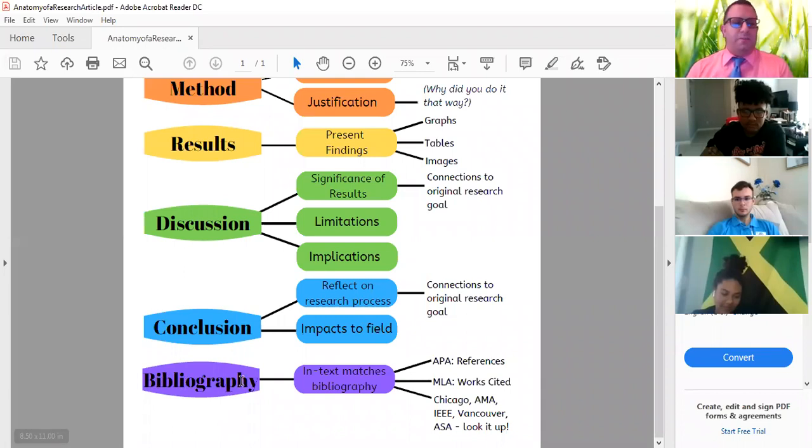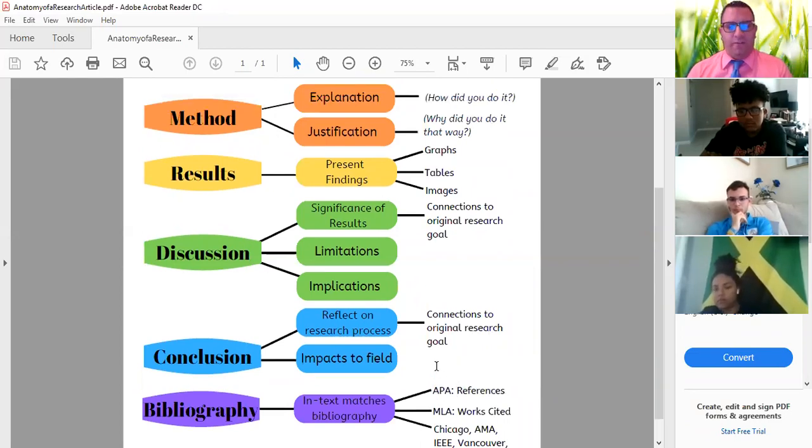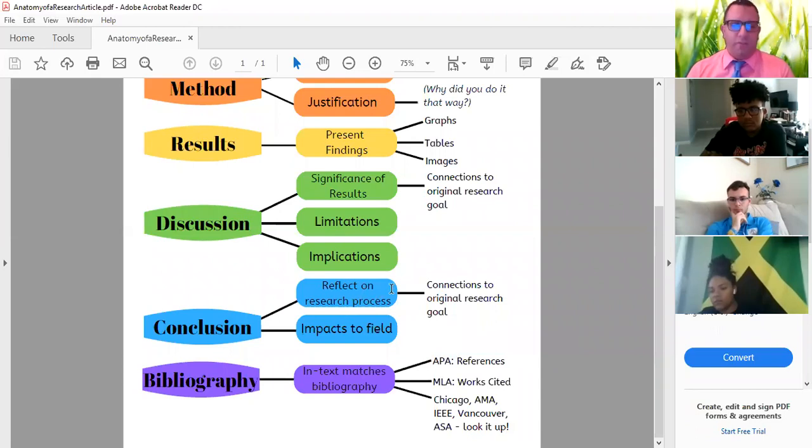Then the bibliography would be the last part. Now, what you call this is going to depend on what formatting you are using. Presumably, all of you are using APA, so your bibliography is going to be called the references. That's what you would title that final page. Not the works cited, not the bibliography. If you're using APA format, you are going to call it the references page, okay? Or simply put, references. And we'll go over formatting